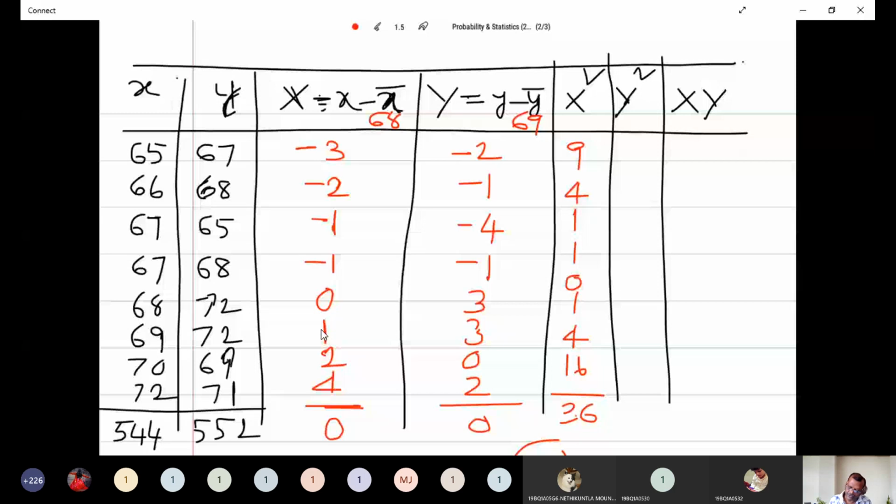Similarly, Y square is 4, 1, 16, 1, 9, 9, 0, 4. Add all these values. Summation Y square is 44. Now the product of XY is equal to 6, 2, 4, 1, 0,